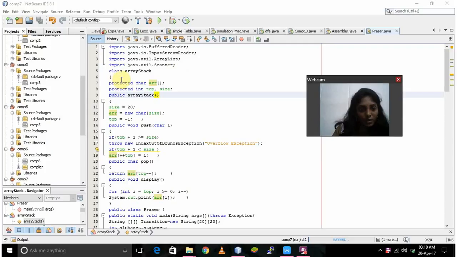First we have to create a class ArrayStack with protected char array and protected int top and size. Then size is equal to 2, top is equal to -1, and public void push: if condition top plus 1 less than or equal to size, throw new IndexOutOfBoundsException overflow exception. If condition top plus 1 less than size, array plus top is equal to 1, and public char return